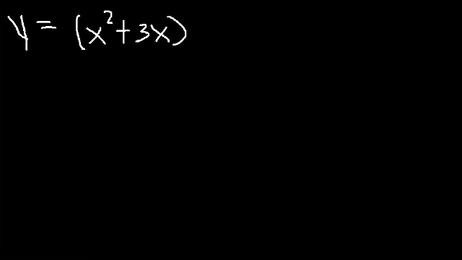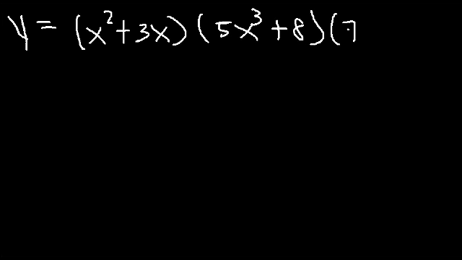So here's an example. Let's say y is equal to x squared plus 3x times 5x cubed plus 8 times 7x minus x squared. So we're going to differentiate the first part and keep the other two the same. So y prime is going to equal